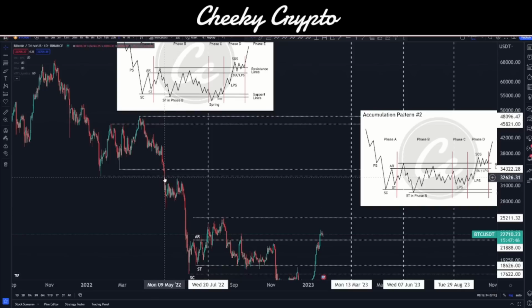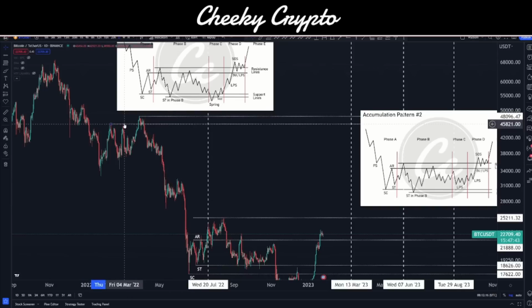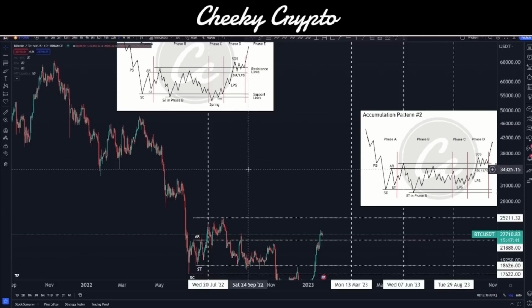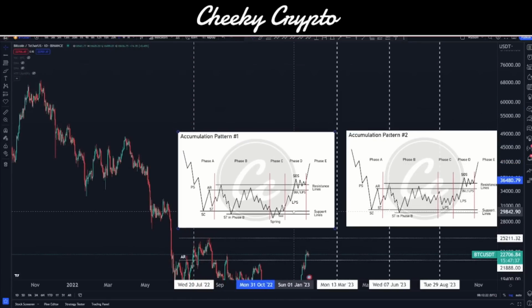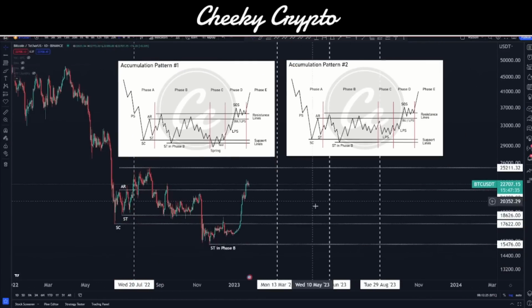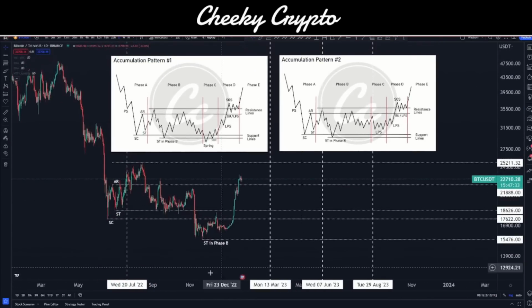So I think it's important that we look at these and reflect on these and try to draw them out accurately, rather than just saying random things, that these things are occurring when they haven't. In terms of schematics, the only way I can even get this to loosely fit is down where we are right now,